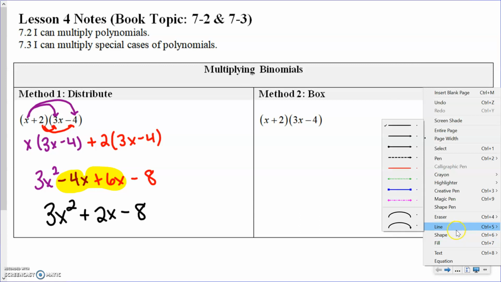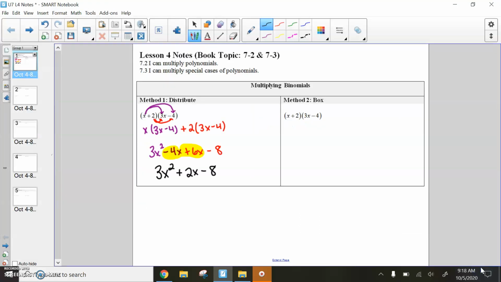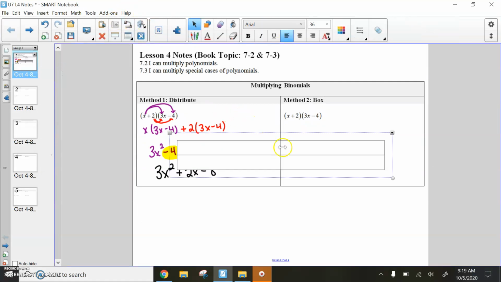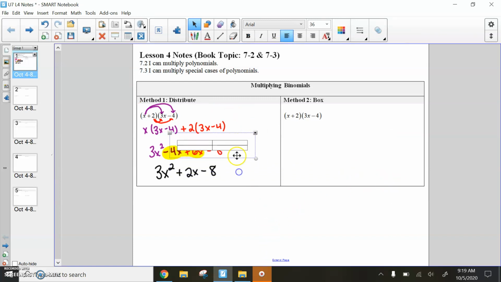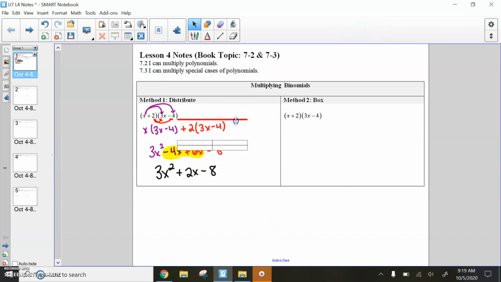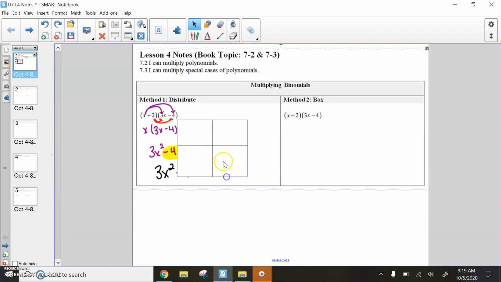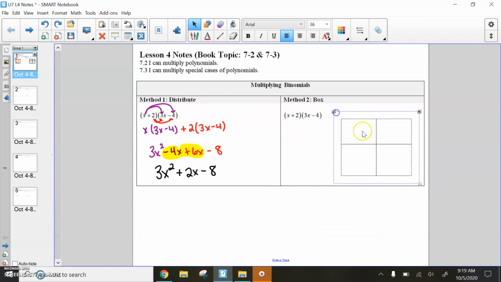Let's see if I can create a table here. For the other method, let's see if I can insert a table. I'm going to create a table here. Make it a little bit bigger. Oh my goodness. Okay. And we're going to move this. Okay, so box method here